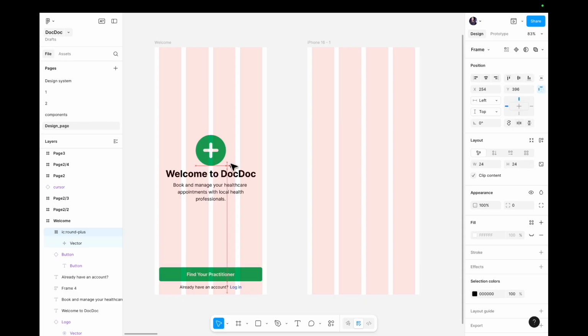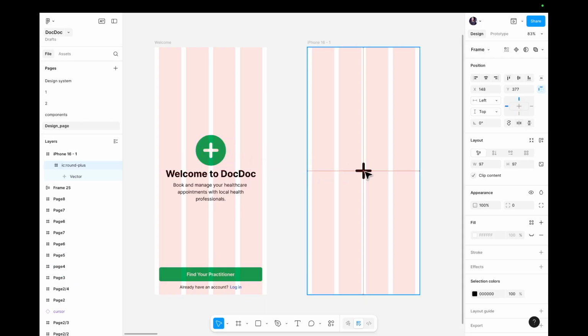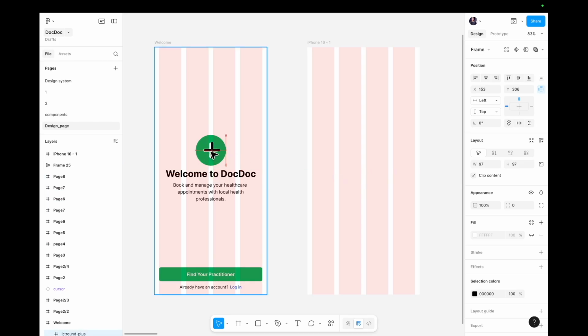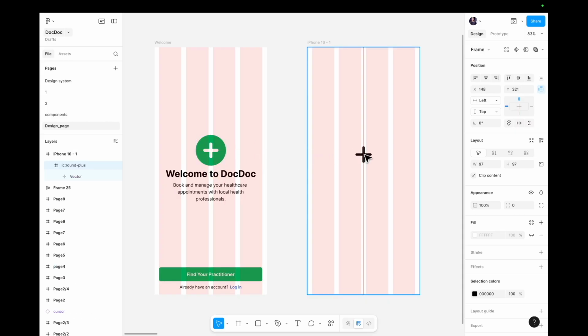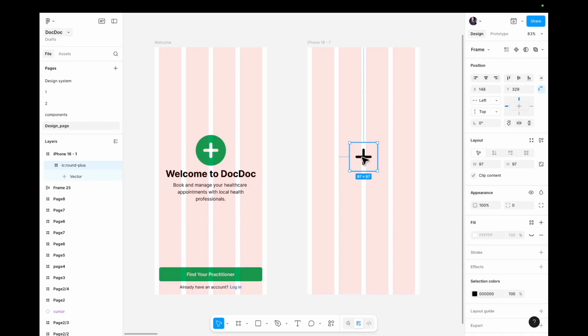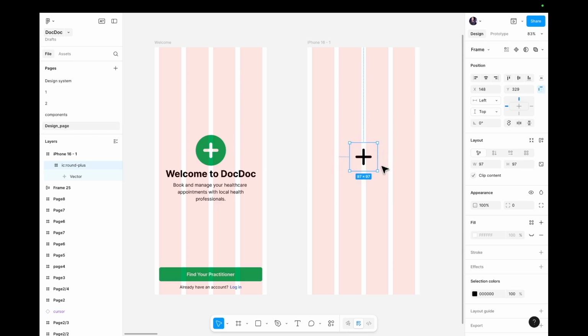Oh, actually it's been imported here, but we want it to be here. As you see, it's very small, so I keep shift on my keyboard and make it big. So I will put it here in order to see. I think it's better to be a little bit smaller. That's good. Yeah, that's a good size. So basically I need the vector, but because it has the auto layout or a frame